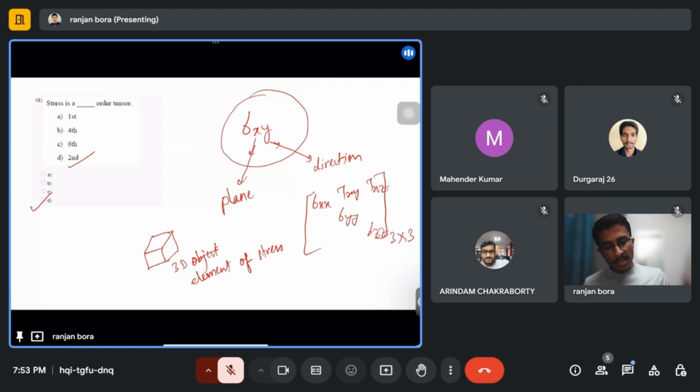So we need 9 parameters to represent a stress for a 3D element, and because of that it is known